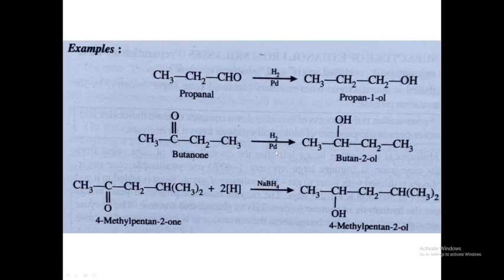If you take another example, this is also a ketone, 4-methylpentan-2-one, reacting with sodium borohydride or another reducing agent, then the C double bond O group is converted into a hydroxyl group. The rest of the part will be the same. I am stopping here, and in the next class we will discuss the chemical properties of